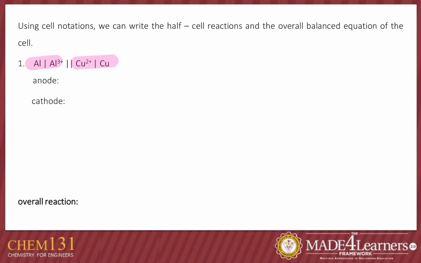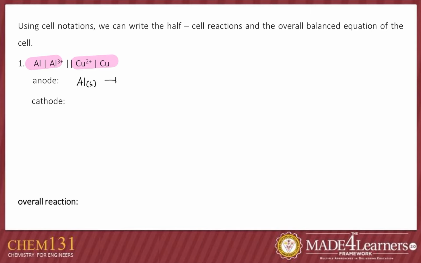And take note also that in the given cell notation, wala na niya gibutang kung unsay phase. So understood naman na siya nga kung metals, they are solid, and then in forming ions, so they go into the solution. So sa anode nga cell, so we have the aluminum, that's solid,